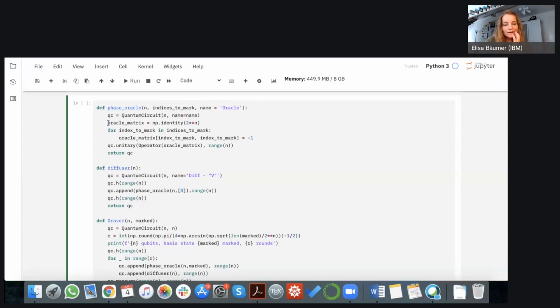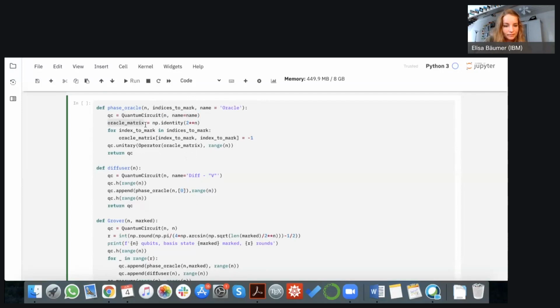Now, unlike for the Deutsch-Jozsa algorithm, this time we will not decompose our phase oracle into all the different gates. What we will do is give it a matrix and then convert this matrix into a unitary, and then Qiskit will automatically find a good decomposition that implements this unitary.